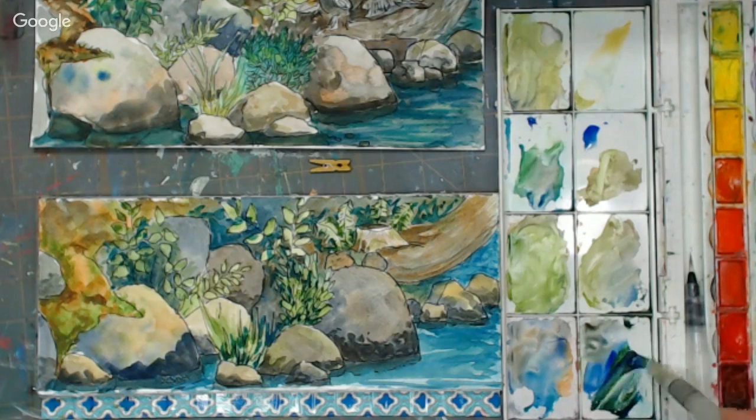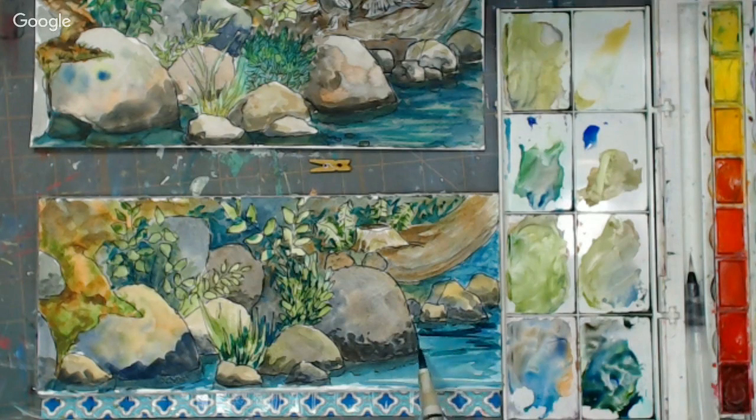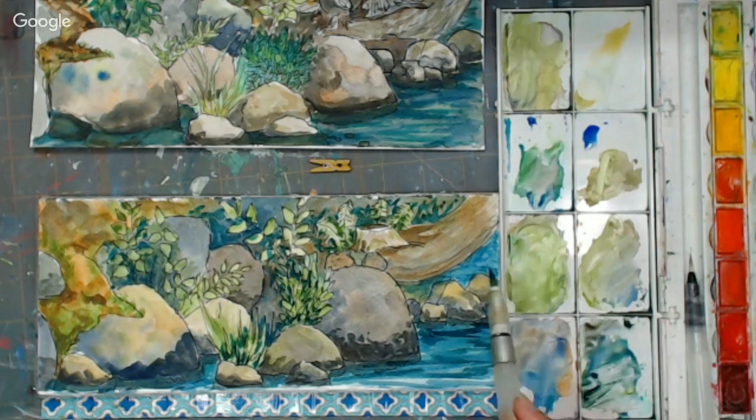And you could just be choosing colors for your underpainting that are very liftable, like ultramarine blue, which is an extremely liftable color. So is yellow ochre and burnt sienna. So you may choose to do your underpainting with colors that are less likely to lift, or if you want to be really crazy,